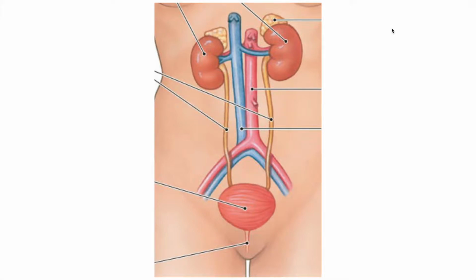Urinary system. Before we start, I just want to remind you that blood volume and blood pressure are directly related, because we're going to talk about how the urinary system can change the blood volume, which will then change the blood pressure. So this is the urinary system, consisting of the kidneys, the ureters, the bladder,